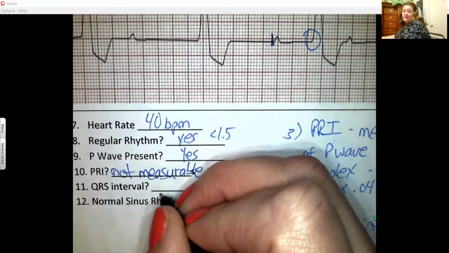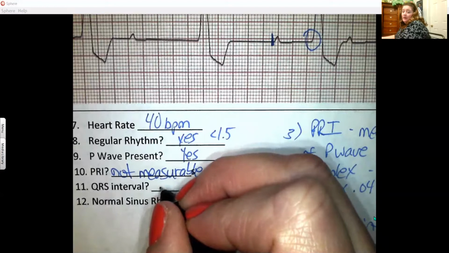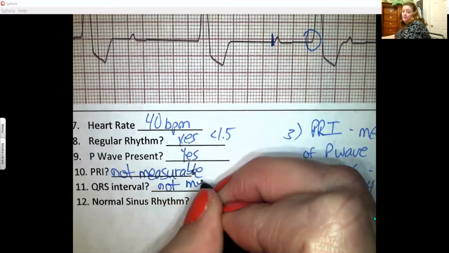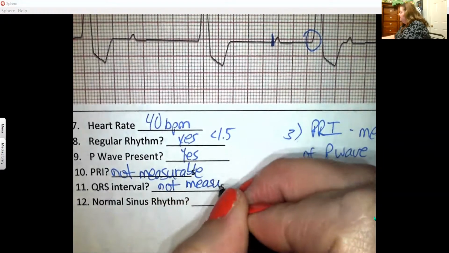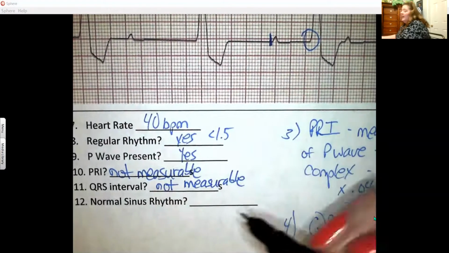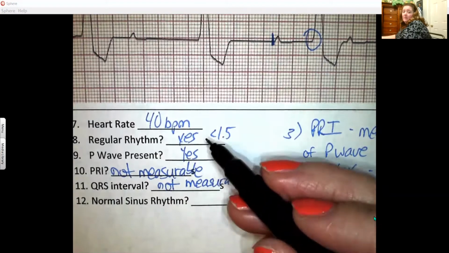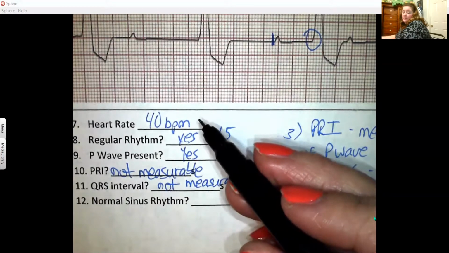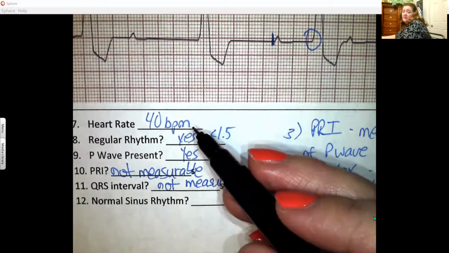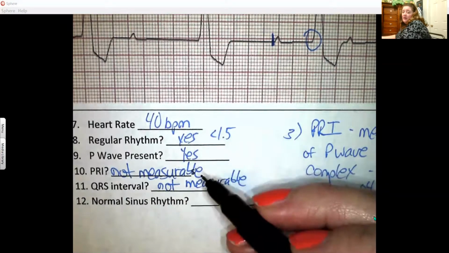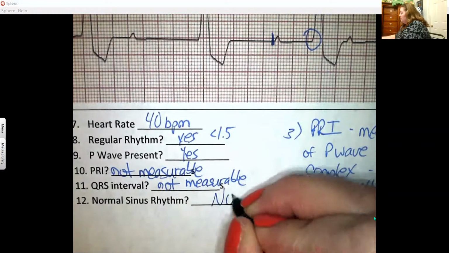And again, because I don't have a Q, I can't measure the QRS, so not measurable. And normal, well, not measurable, probably not normal. Too low for a BPM up here, heart rate. And because there are several things that are not normal, we would say no, that this is not a normal